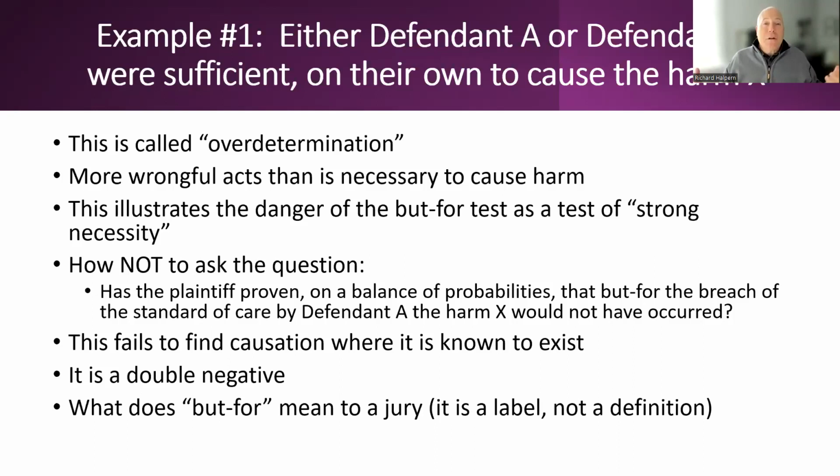So as jurors or as triers of fact, we imagine this counterfactual world where we take out the wrongful conduct and ask what would have happened. Both are hypothetical, both didn't occur, both run contrary to the facts. But that's what juries do. And so that's the basis of the but-for question. The but-for question says, if we remove the wrongful conduct, how would the outcome have been different?